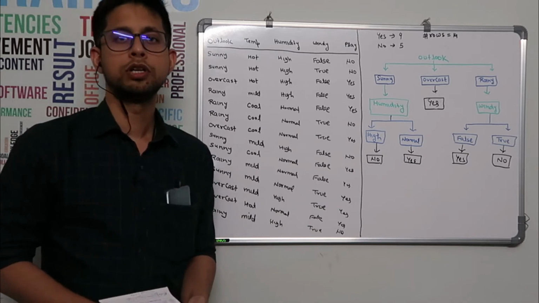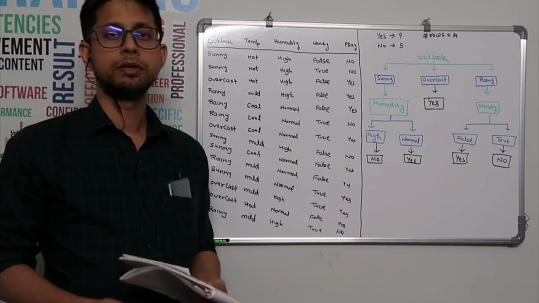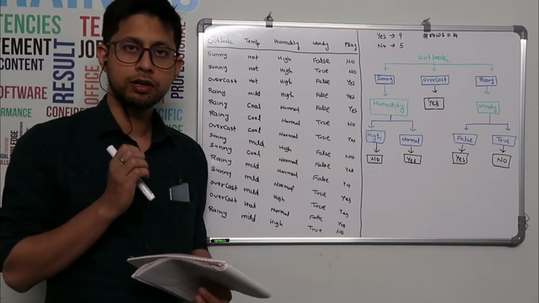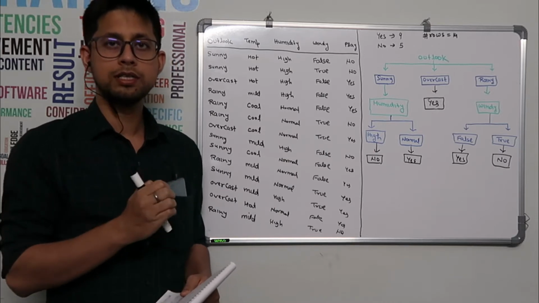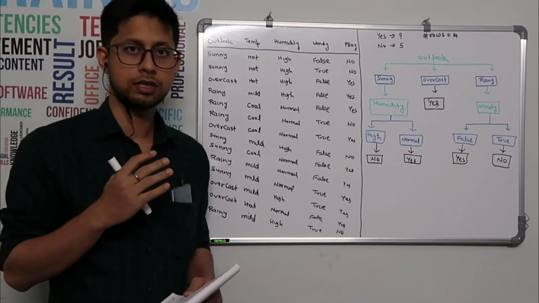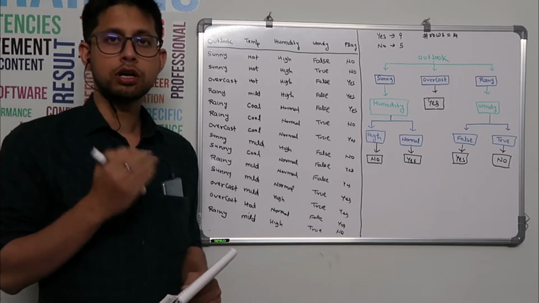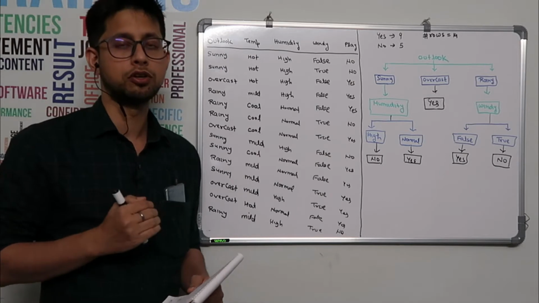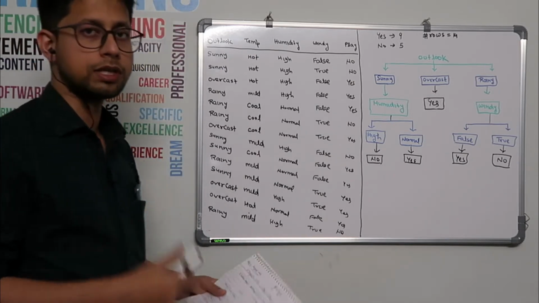Hello guys. So today we'll be talking about the decision tree algorithm and frequently asked questions from decision tree. One of the most frequently asked questions is how splitting happens, how a decision tree is formed. And second could be what is entropy, what is information gain, and what roles they play in the decision tree algorithm. And what is Gini index, of course. So all this we'll be talking about in today's video.